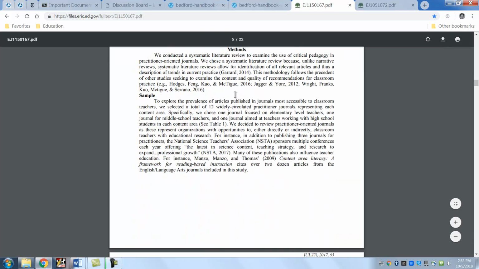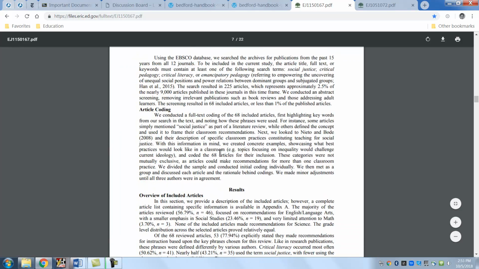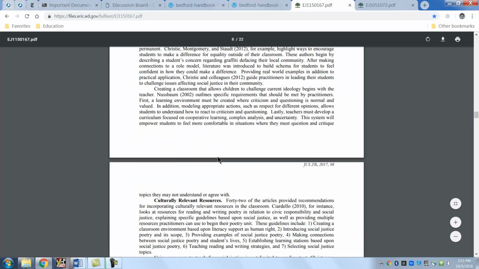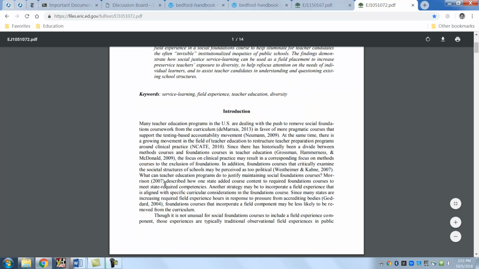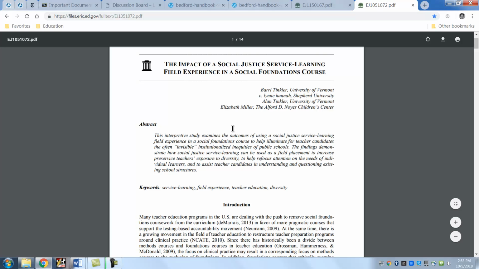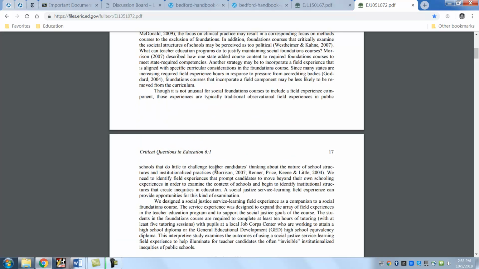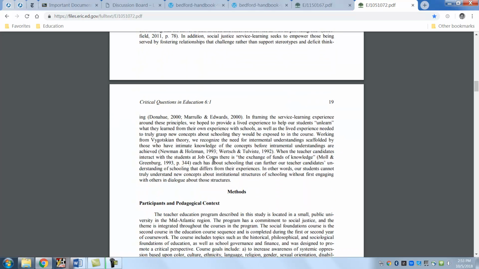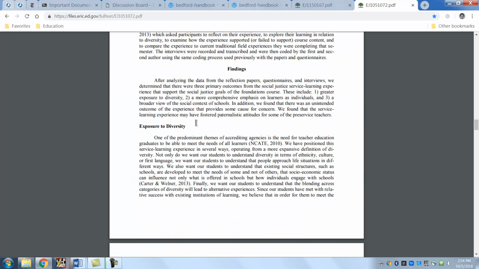Okay? Their methods, what did they do? They told you where they found all of the things and how. Now you may not be doing this. That would be statistics and results. So this is just a different type of paper. And going to this type of paper, again, this is a social justice paper. So they have an introduction. You skip the abstract. The abstract is the last thing you write. Okay, so don't worry about that right now. Introduction. Okay, what are we talking about? Then they review the literature. Alright, they also have methods, and then the findings.